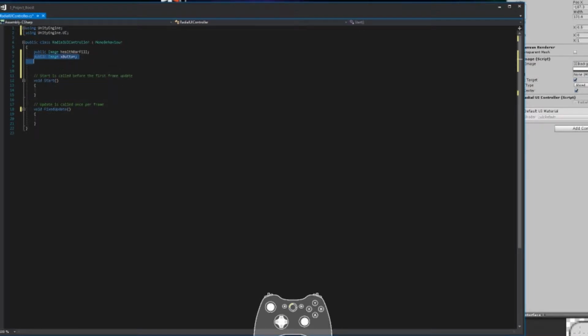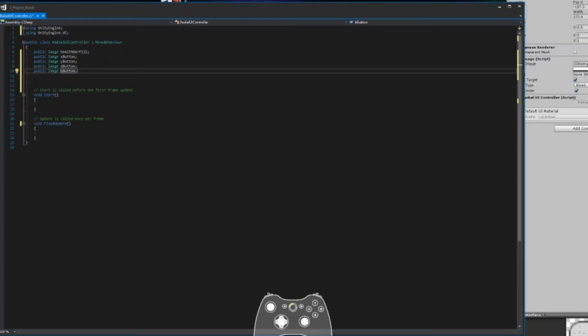Alright, and copying and pasting is such a help here. And the A button and the B button. So we're going to assign these variables in the Unity interface, and we're going to make scripting that'll interact with them. Okay, so the first thing that we're going to want to do is